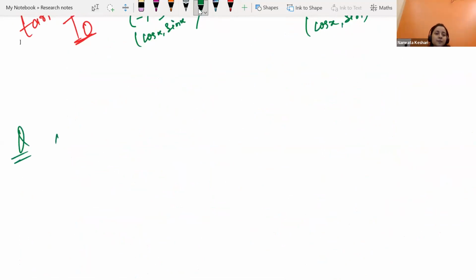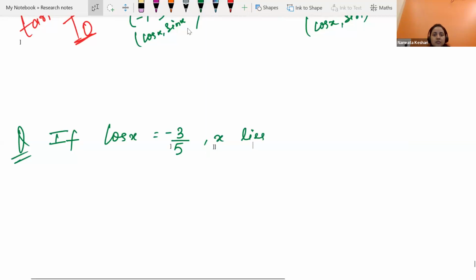If cos x is minus 3 by 5, x lies in the third quadrant,